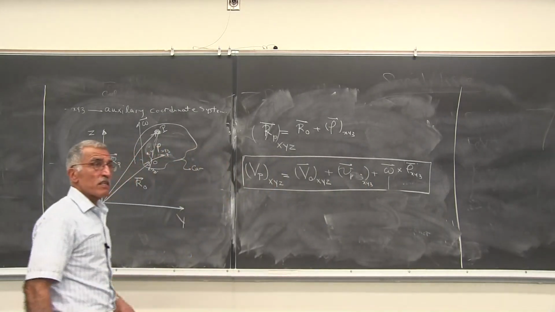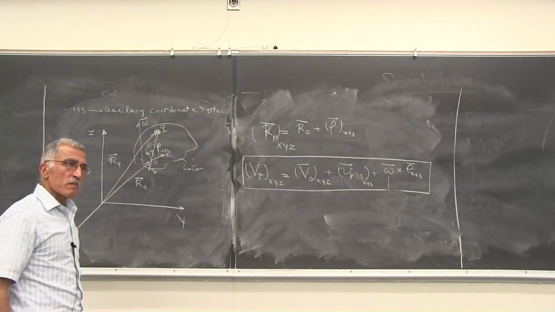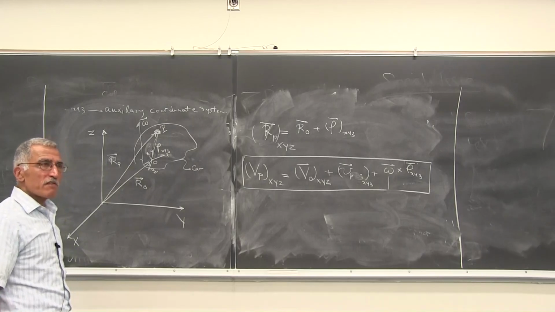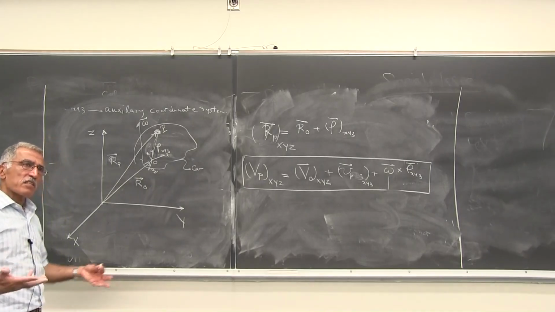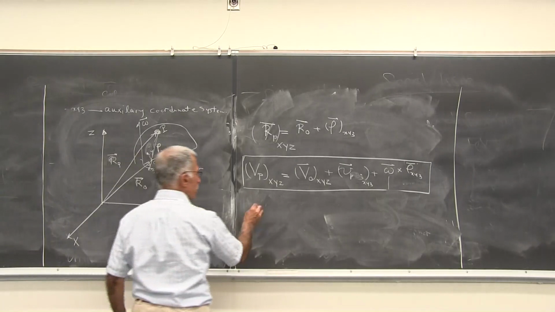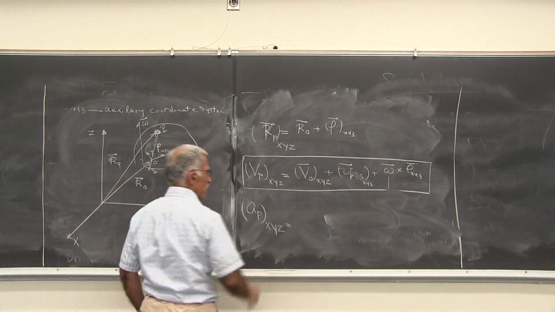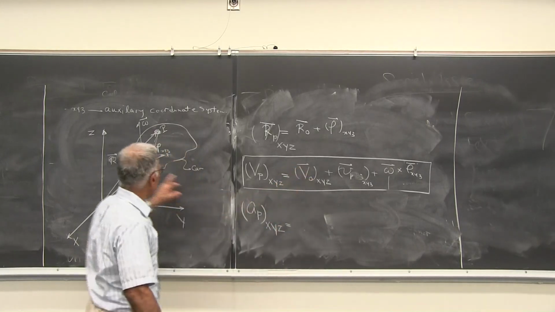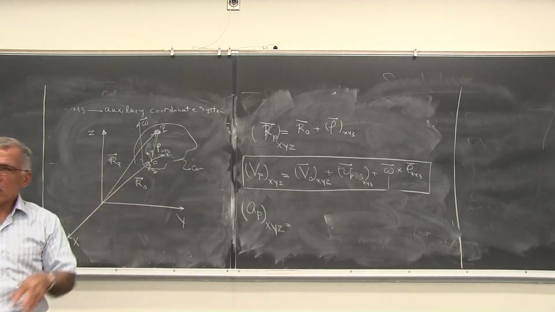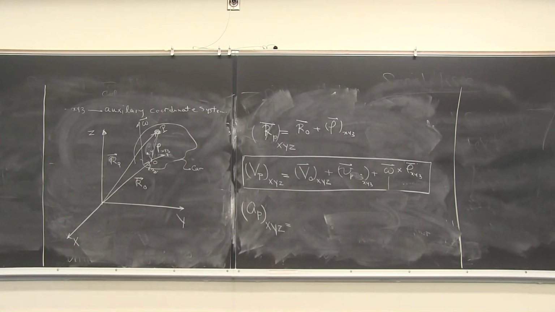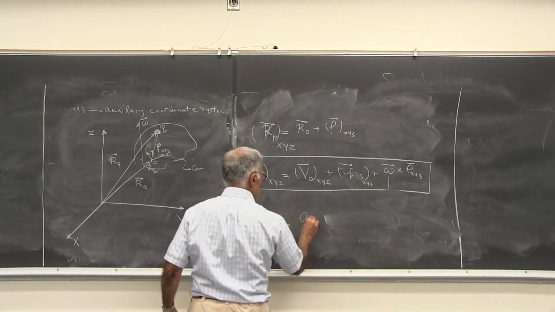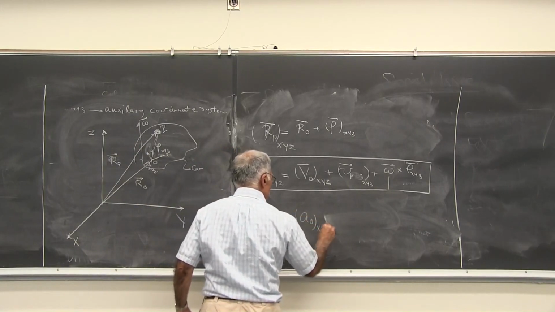Now, if you would like to have acceleration, then you say, no problem. I simply have to make one more time derivative of this expression, and then I have my acceleration. So you can say acceleration of point P with respect to the main reference frame is equal to acceleration of point O. What is the acceleration of the whatever coordinate system you use, x double dot i plus y double dot j plus z double dot k, whatever you use for that point, you just simply put that information there. So that would be acceleration of point O with respect to the main reference frame